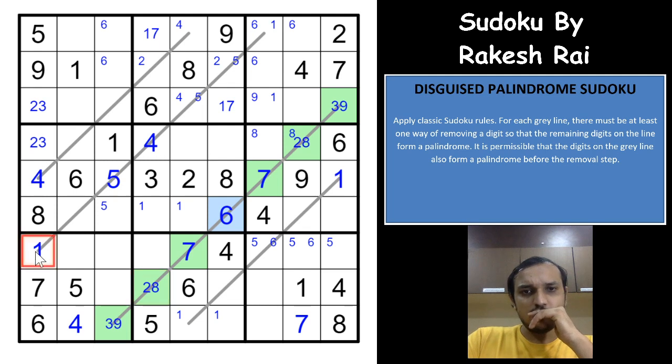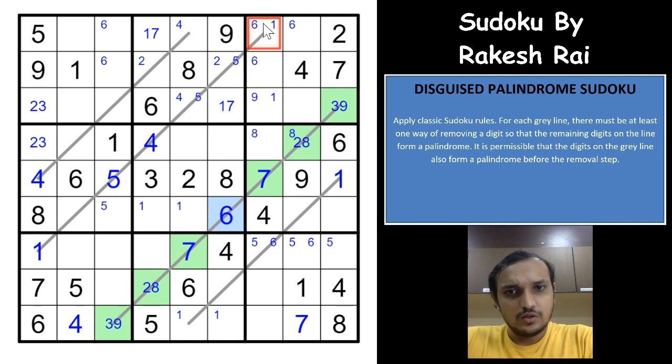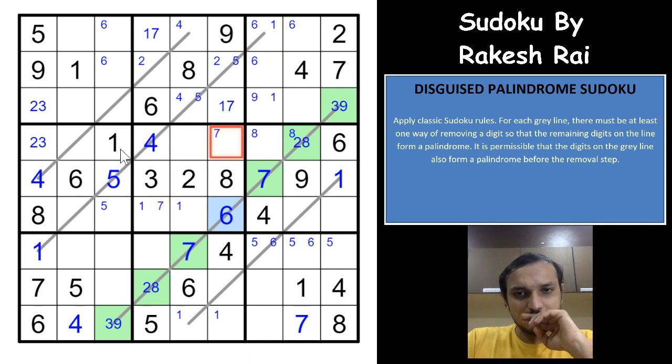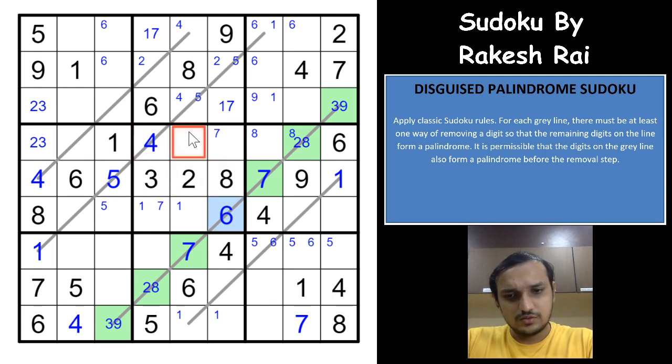If this one is wrong, you have a 4 and a 5. Okay, possible. And if this one is right, this would have to be 1. Okay, that is also possible. Seven would have to be in one of these two cells, right? We are missing something with this disguised palindrome. It is getting disguised actually. 5 and 9 would have to be here. 5 and 9.